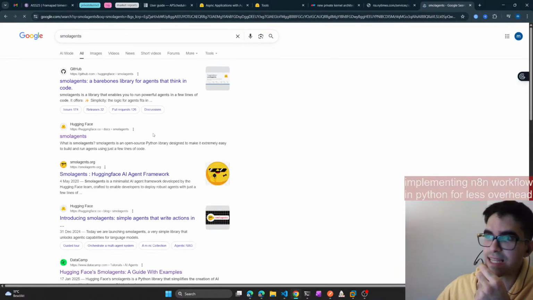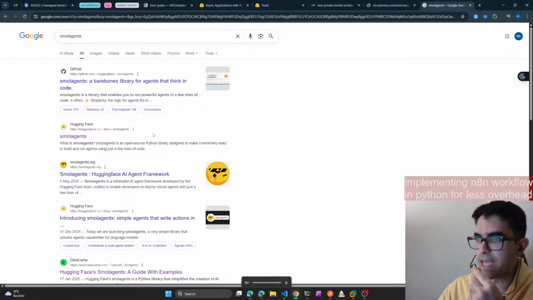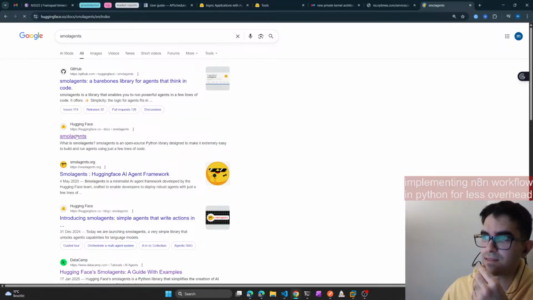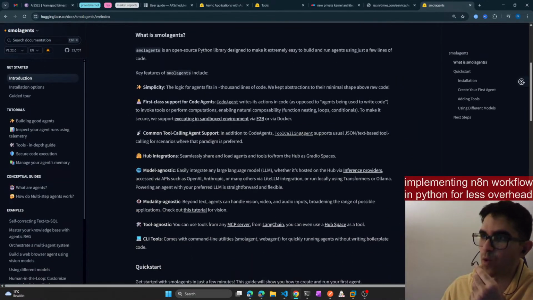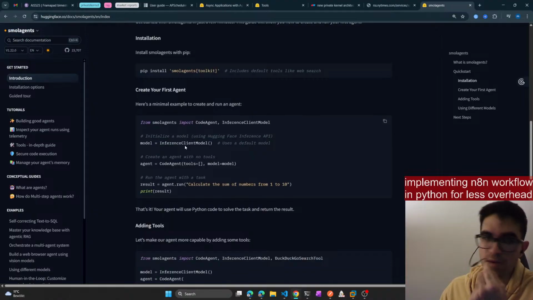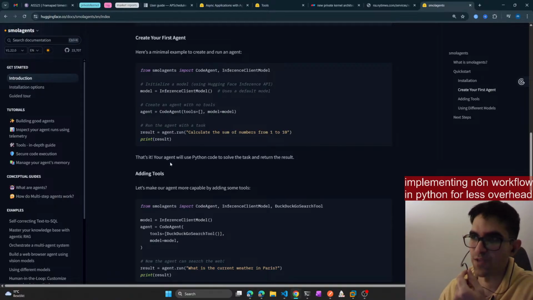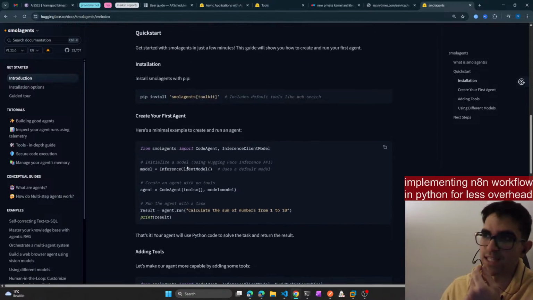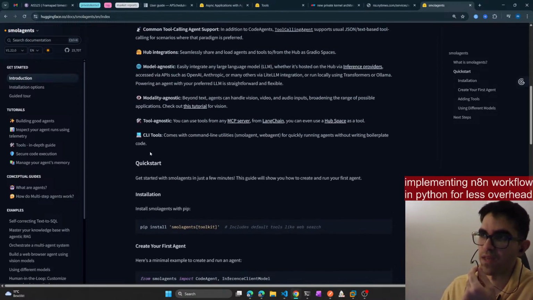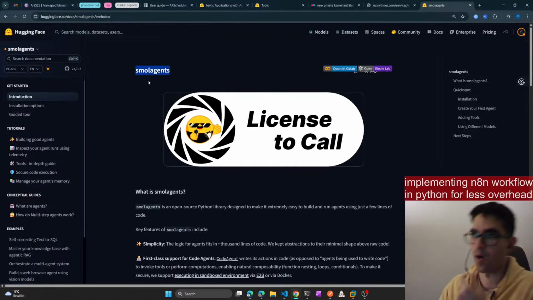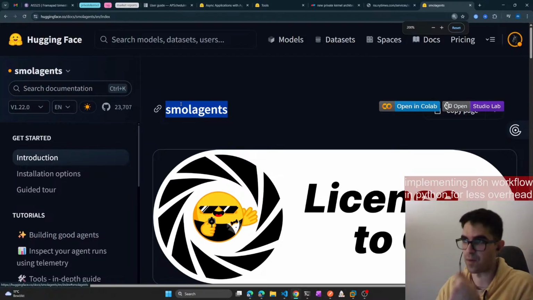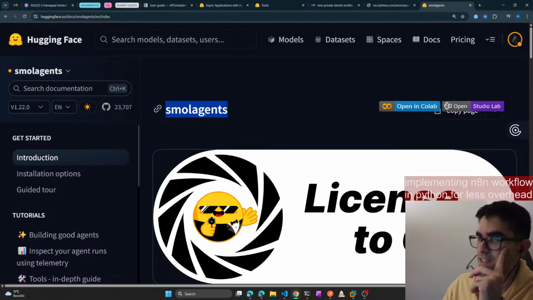Basically it's a really simple, really lightweight library that you can build agentic workflows with. There's also a lot of material online, of course, but the documentation is so light that you can just read through it, because the problem with some of the libraries out there is that the documentation is so complex that you get confused. But if you want to get into making chatbots and these sorts of things, I think smolagents from Hugging Face is a really good starting point.